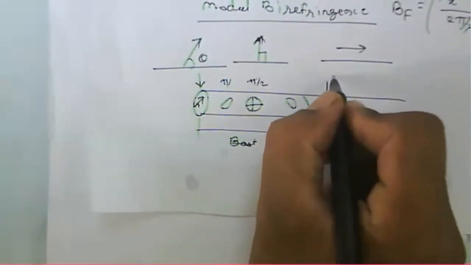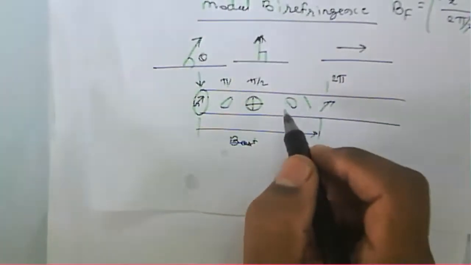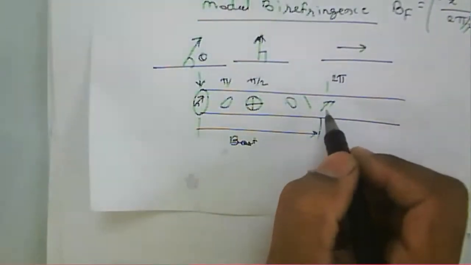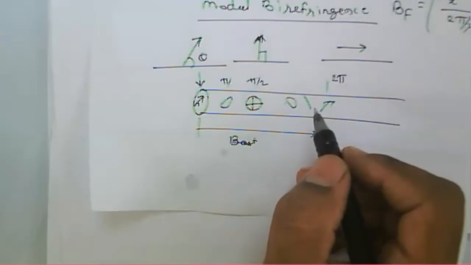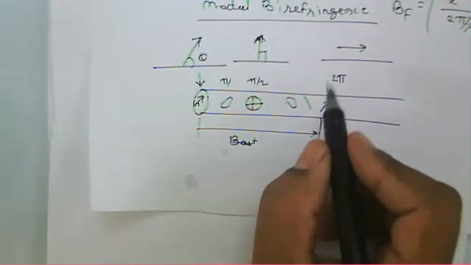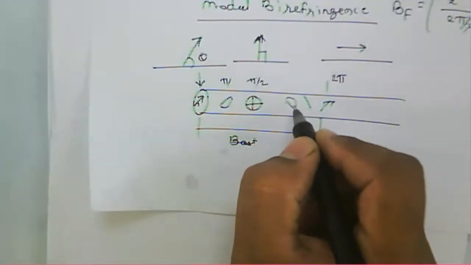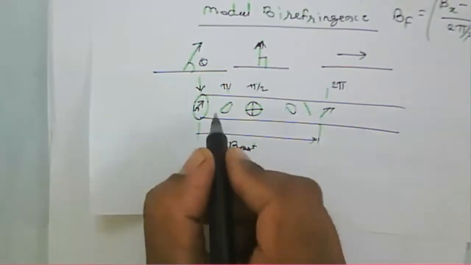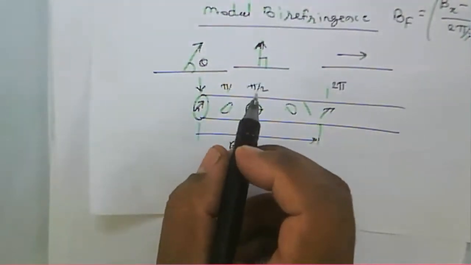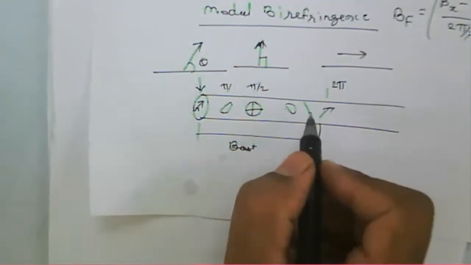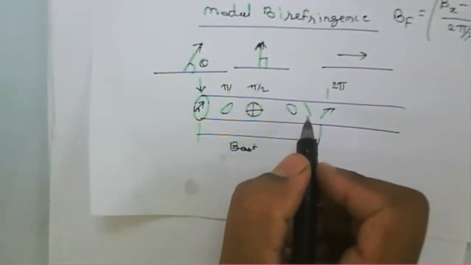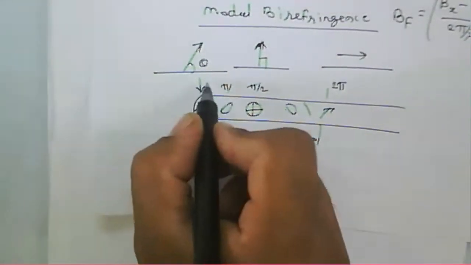Then at twice pi, it will be the same, the linear one. So after a value of twice pi, or a period,